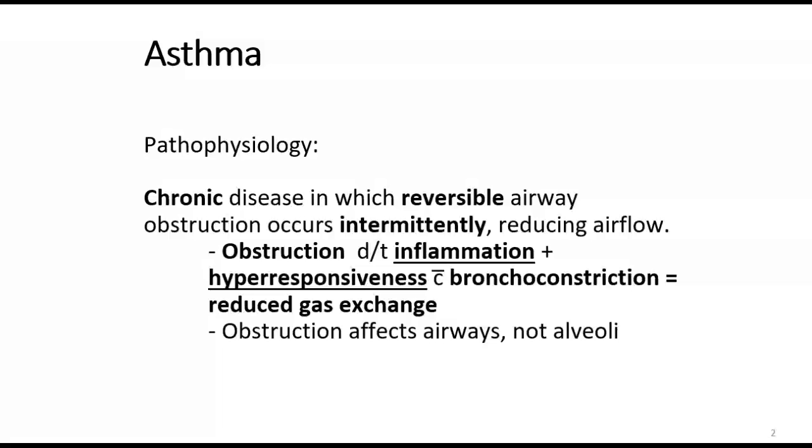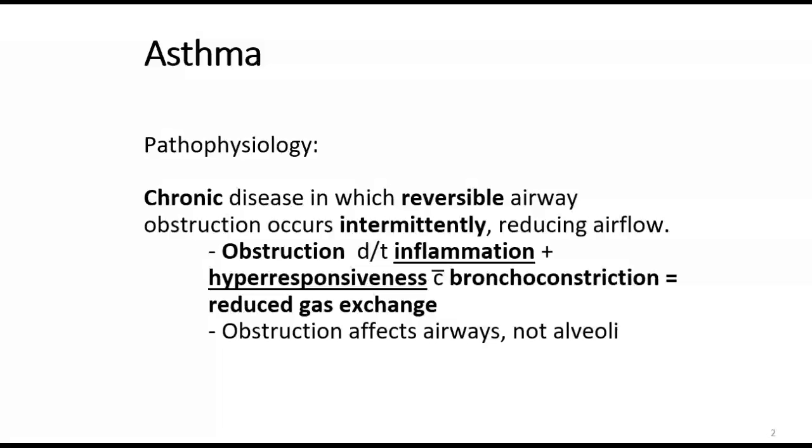So acute is something that comes on suddenly, right? Chronic is long-term. Chronic disease in which reversible airway obstruction occurs intermittently, reducing airflow. So reversible meaning the patient can have an asthma attack and then get better, and intermittently meaning it can come and go, right? So they have acute asthma exacerbations or flare-ups, and then they can go back to their normal